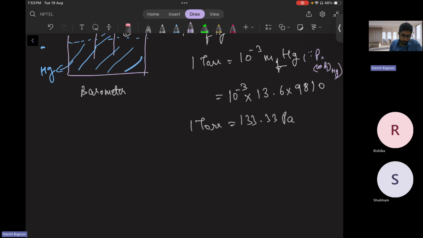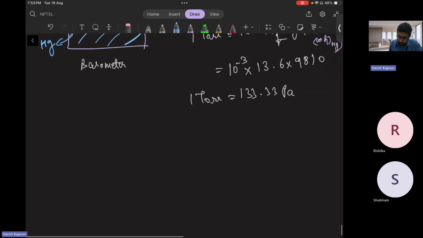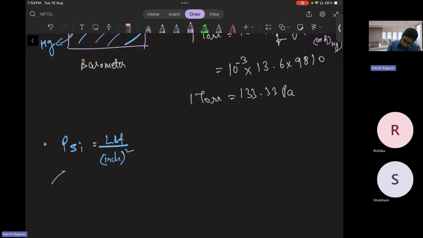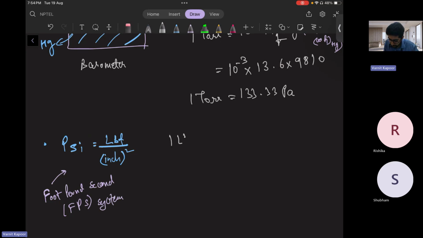Now in terms of pound force, if I want PSI, that is LBF per inch square, it is the FPS system, that is foot pound second system. So 1 LBF is nothing but